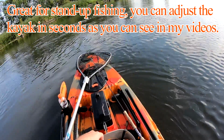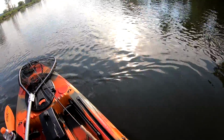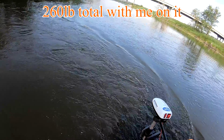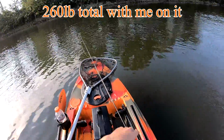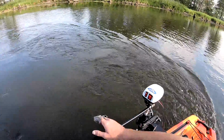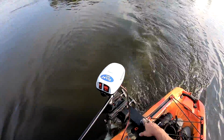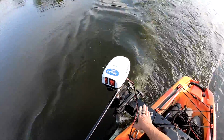And I could straighten out and turn the other way quite fast. Look at that. And this is an 11.5 foot kayak. Weighs about 100 pounds loaded right now with the battery, the motor, some gear I have. So yeah, it whips around fast. This motor weighs 9 pounds with this bracket,